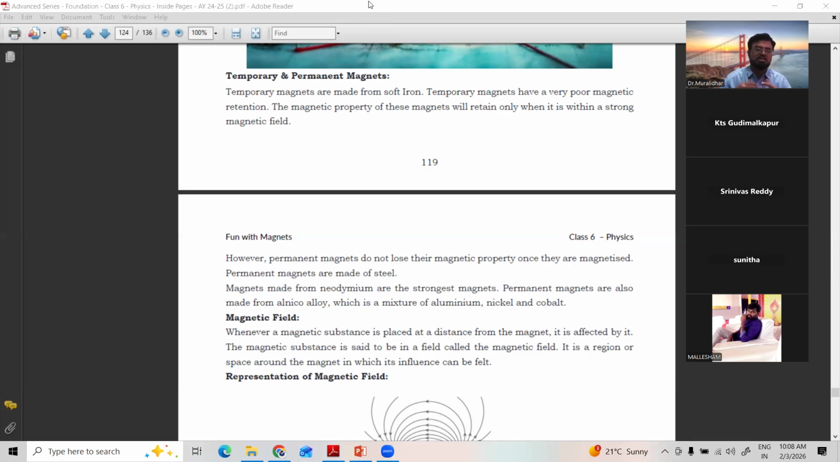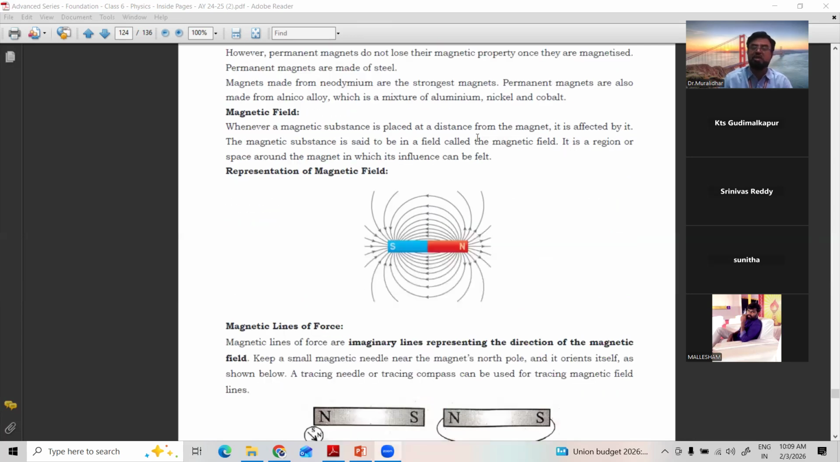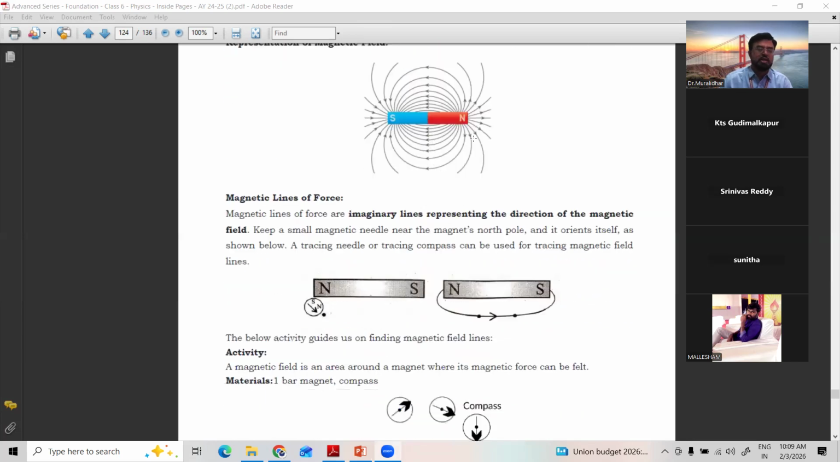Generally, permanent magnets are made up of various alloys, mixtures of metals. Alnico is the best material to get a permanent magnet. Alnico is aluminum, nickel and cobalt mixed in different percentage ratios as an alloy. That alloy can be converted into a magnet. That is a permanent magnet, whereas others come under temporary magnets or weak magnets. Okay, then,